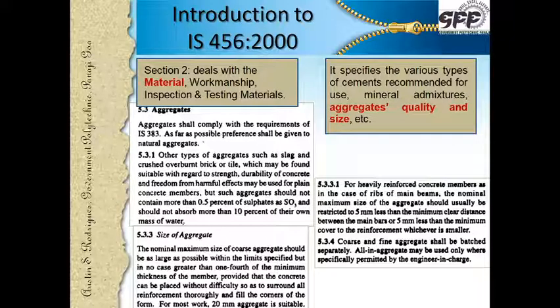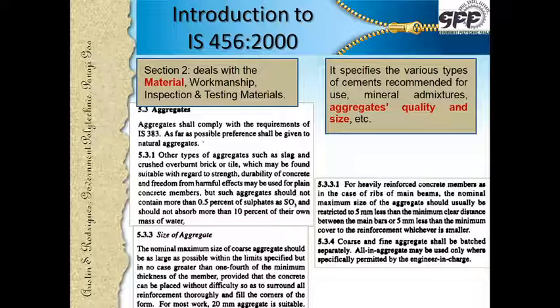That means good bonding for the reinforcement should be obtainable over here. Now the last statement which has been given over here, that is, for most work 20 mm aggregate is suitable. This has been mentioned in the code in clause 5.3.3, and we observe that at most of the places when we are dealing with RCC, the maximum size of the aggregate chosen is 20 mm. So if in RCC the maximum size of the aggregate is chosen as 20 mm, it is because of this clause, that is clause 5.3.3.